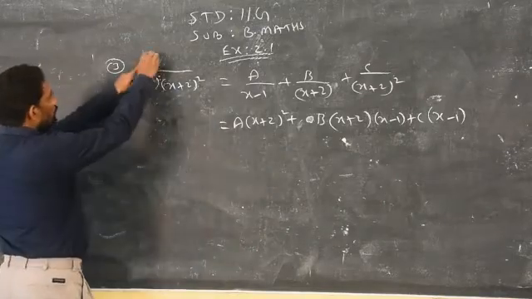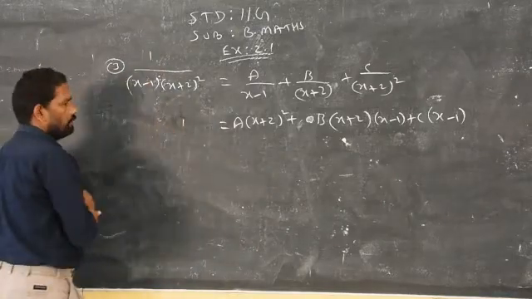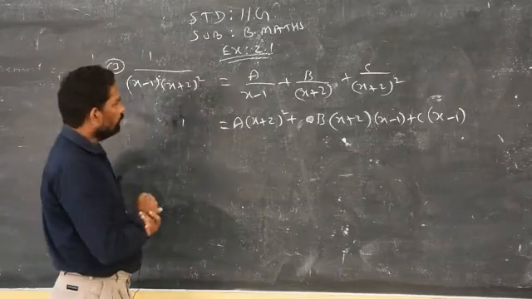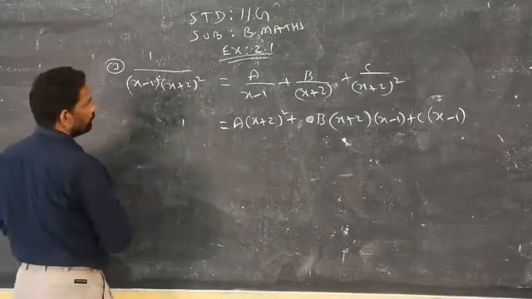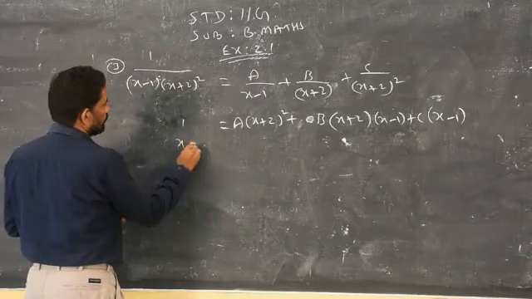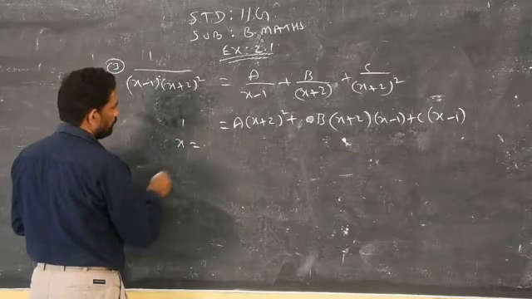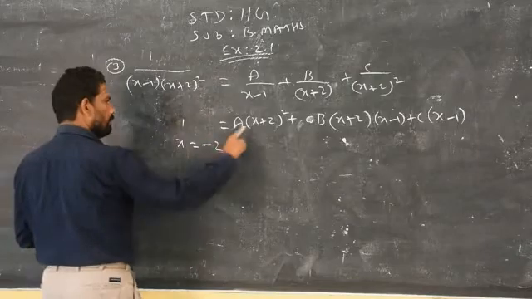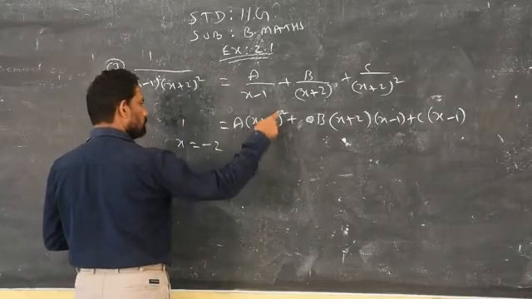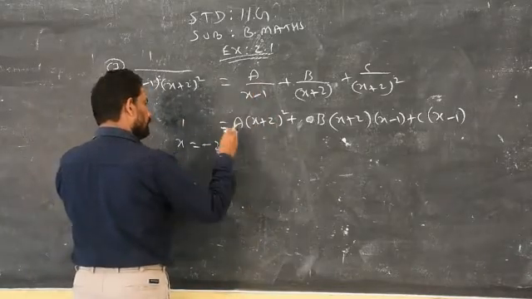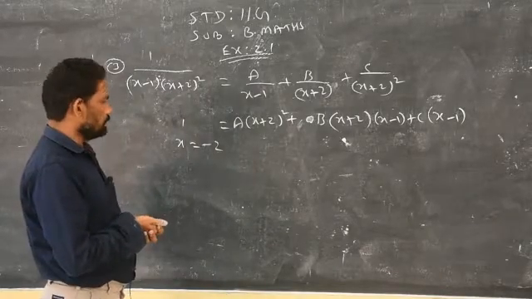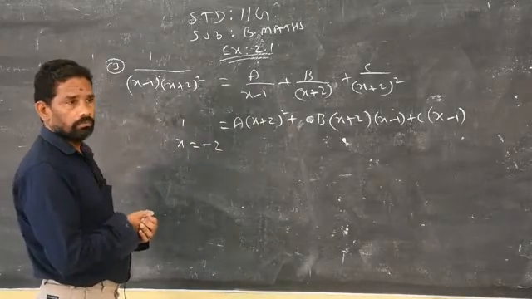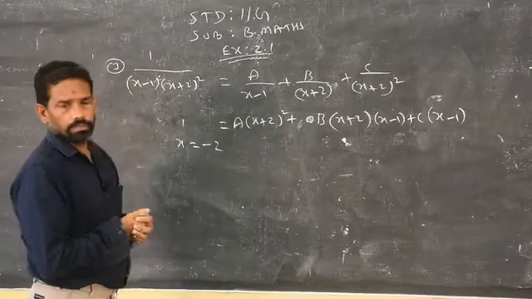So what is remaining in the numerator on the left side? 1. As usual, I like to make this term 0. Therefore, I have to replace x equal to minus 2, then minus 2 plus 2 will become 0. 0 square is always 0. 0 into anything is always 0. Can you tell me any other terms that will become 0 by replacing x equal to minus 2? Any other terms?